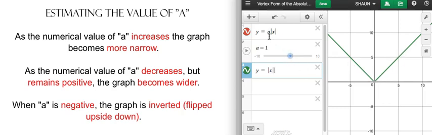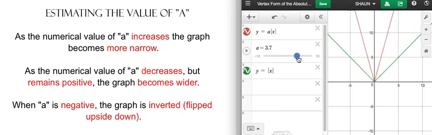But what happens is, as I increase the value of a, as a gets bigger, you can see that the graph gets more narrow, that opening gets skinnier the bigger that a gets. And so if I have a good image in my mind of what the absolute value of x looks like as far as the function goes, if I see something that's more narrow than that, I can make a prediction that the value of a, that coefficient in front of the absolute value operator, is going to be bigger than